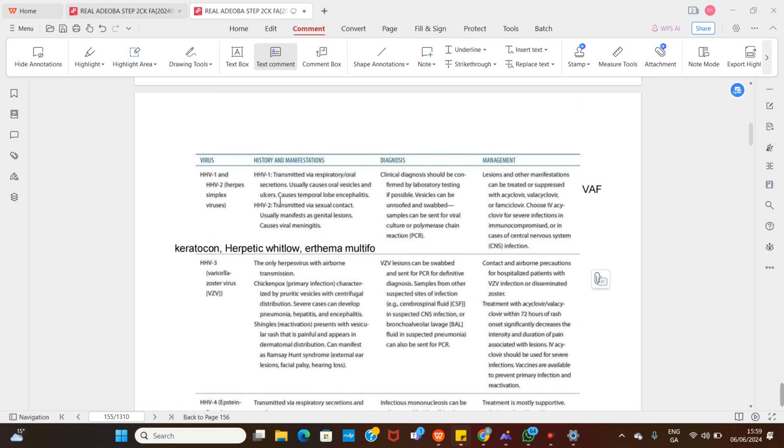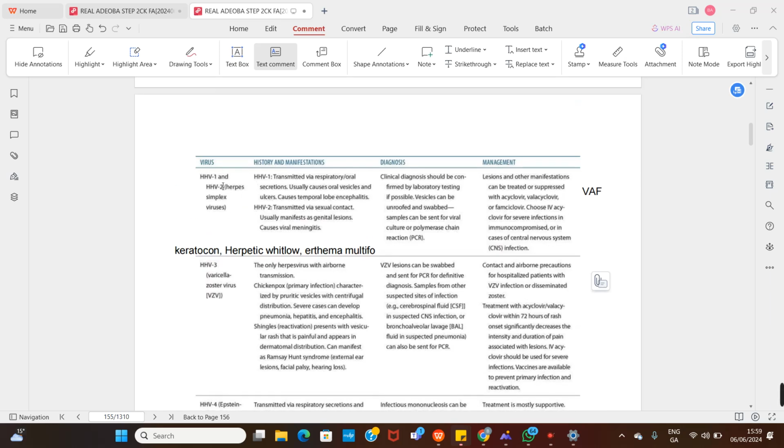So I forgot to mention that the human herpes virus type 1 becomes latent within the trigeminal ganglion, while the human herpes virus type 2 becomes latent in the sacral ganglion. So the human herpes type 1 primarily forms a gingival stomatitis, and when it becomes reactivated, it leads to formation of herpes labialis or the cold sore. While for the type 2, they have genital infection, and by the time it becomes reactivated later, they will start